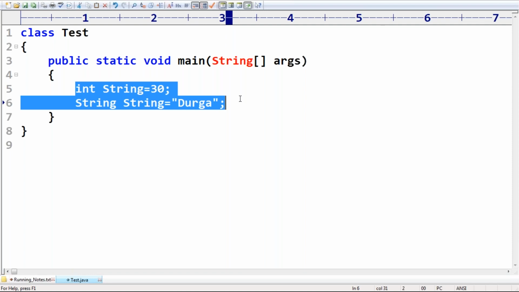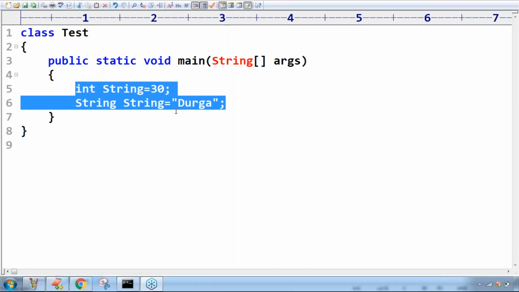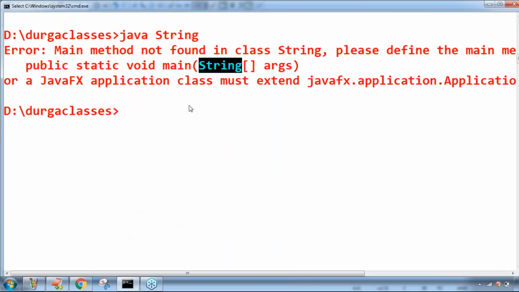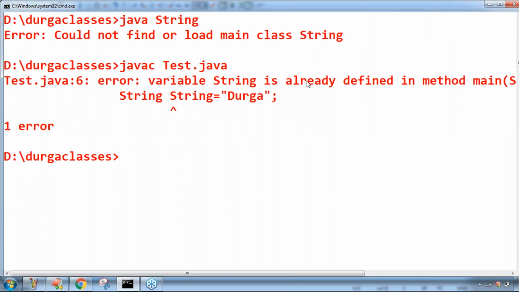Raja, are you seeing the mistake? It is not a mistake from the identifier, but duplicate identifiers are there. That's why the problem is coming. Now observe what error the compiler tells: variable string is already defined in method main. That is the problem.